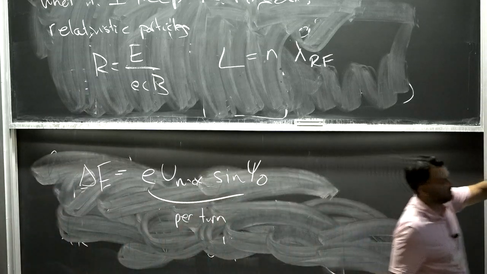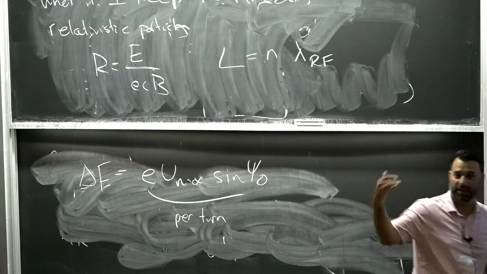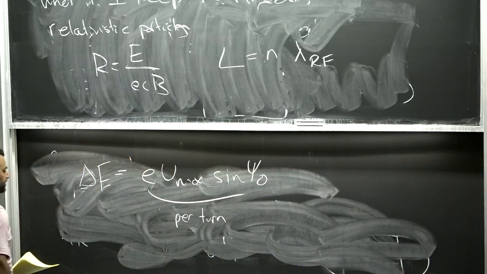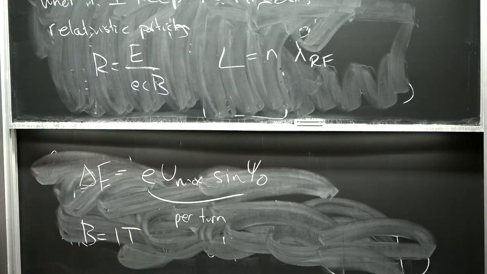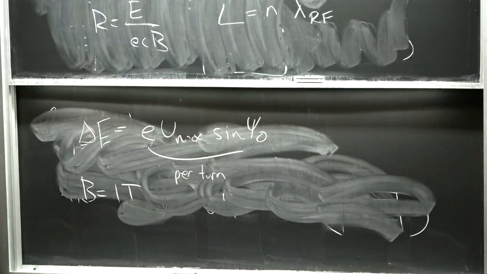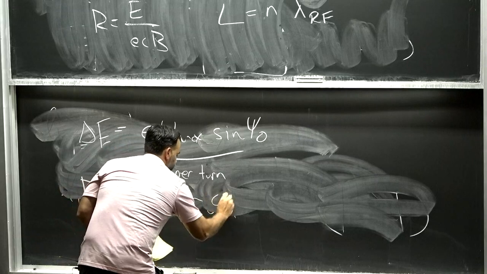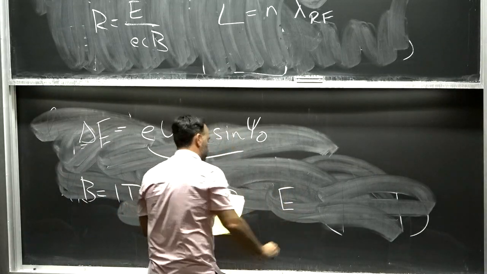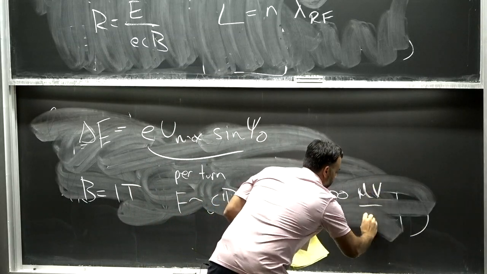Just to give you an idea of the scales of these things: in principle, when I separate the acceleration and the bending into two different functions as I go around this ring, I could also have the bending come from electric fields, right? There's no reason it has to be from magnetic fields. But just to give you some scales, if I have a B field of 1 Tesla, and I ask what's the same force that I need from an electric field, so the force for a relativistic particle is cB, and this is equivalent to an electric field of about 300 megavolts per meter.